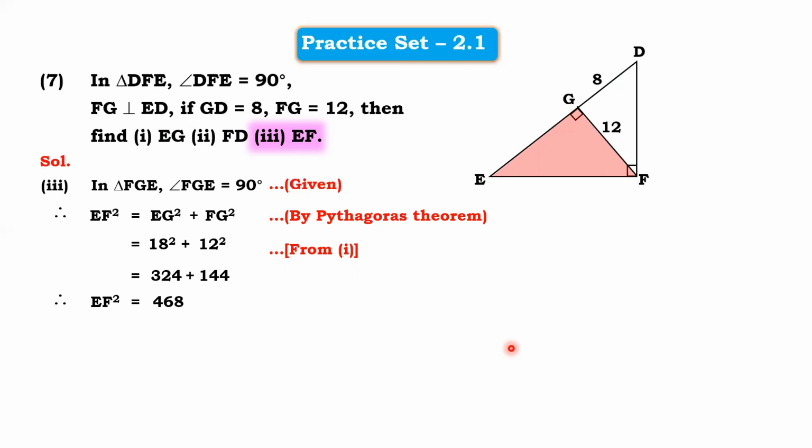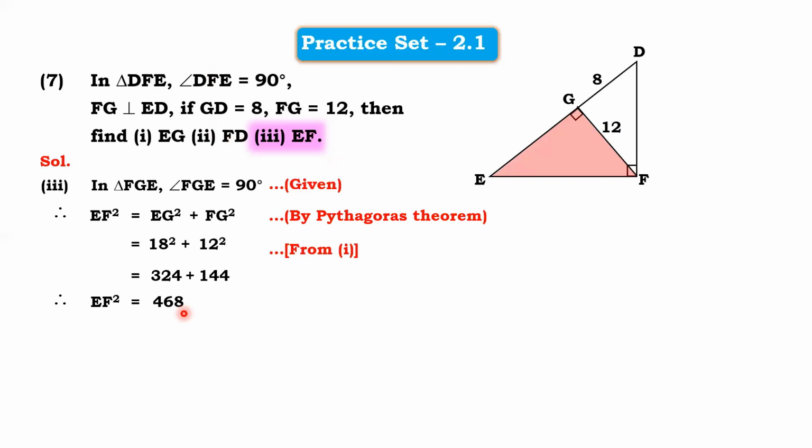The 468 again, it is not a perfect square. So we have to factorize 468. But students, I want you to remember, in the second sub question, we have got the answer in root 13. 4 root 13 if you remember. We have got the value for FD as 4 root 13. So there are quite chances that 468 can also be a multiple of 13. So I will request all of you to factorize with the help of 13 first.